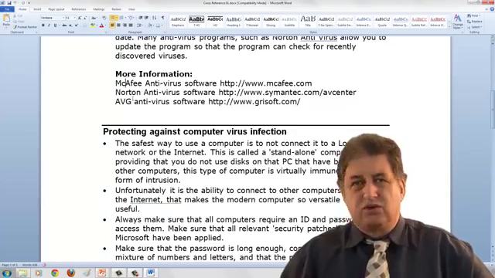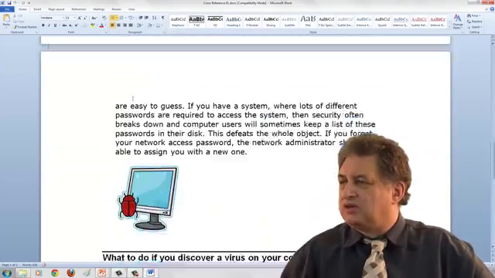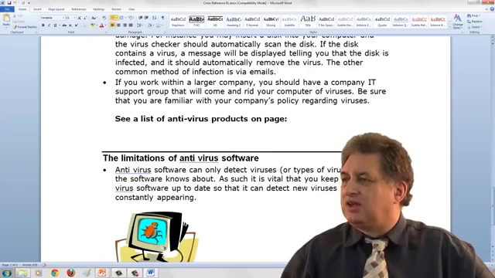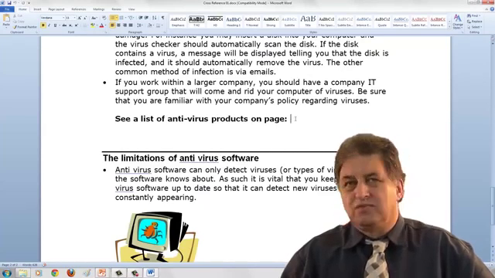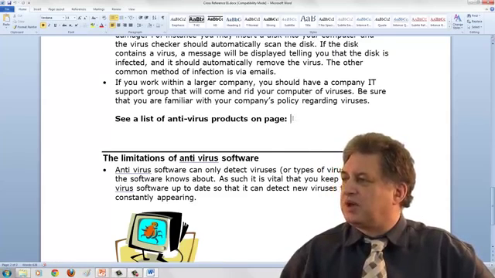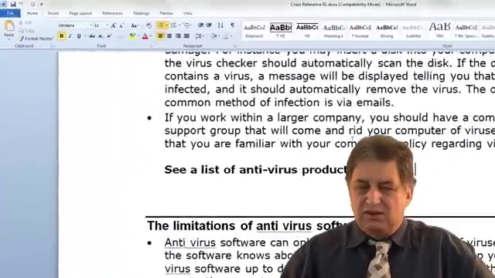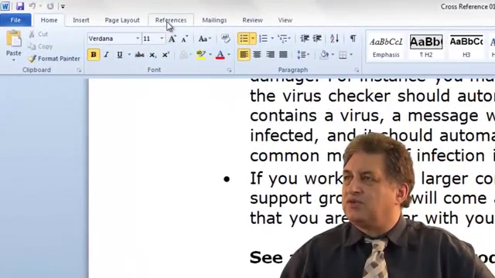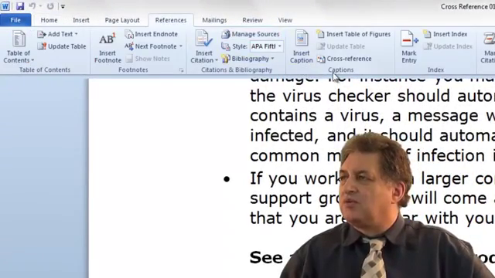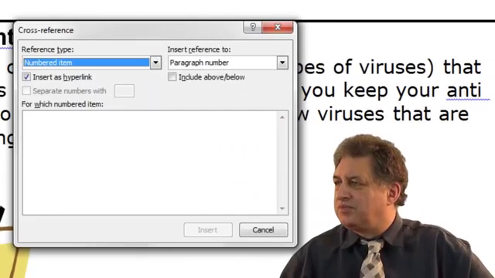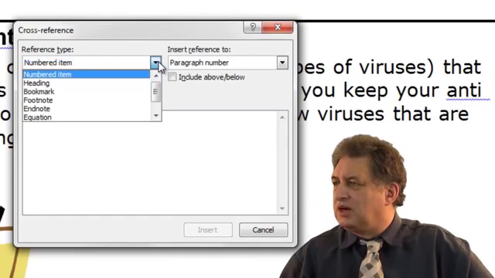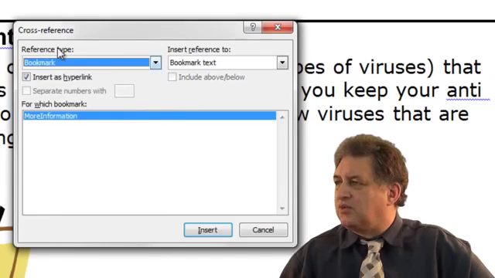Now we want to create a cross-reference to this bookmark. So if I go down here, it says "see a list of antivirus products on page X". So we want to automatically insert the link in there. The way I do that is I go to References, and within the Captions section there's this item called Cross-Reference. If I click on Cross-Reference here, within here I can select Bookmark, so that's the reference type,